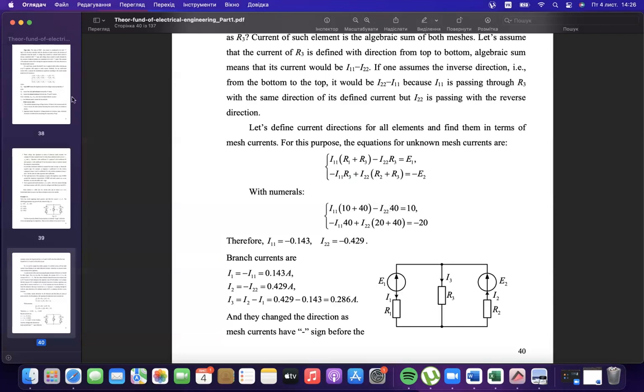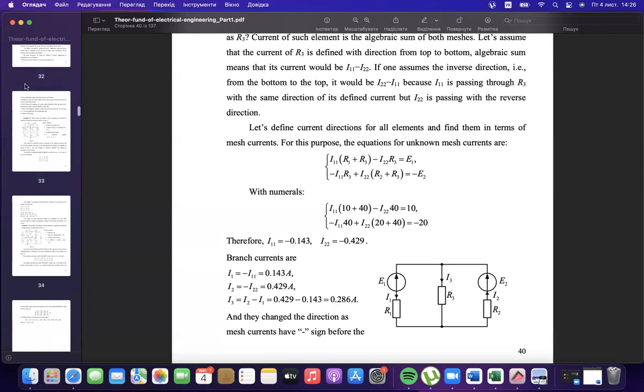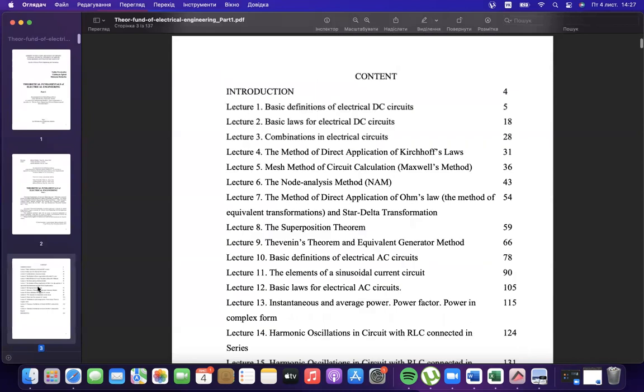But for the first two methods, mesh current and node voltages, the application will be the same. Okay, we will have a problem finding the resistivities, but in general we could make these equations. We could write them, and they will be valid. But for the superposition method, the main difference is that for nonlinear circuits we cannot even write the correct equations, because the application of this method in direct form will be incorrect,